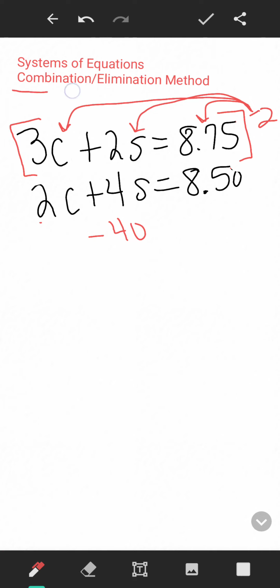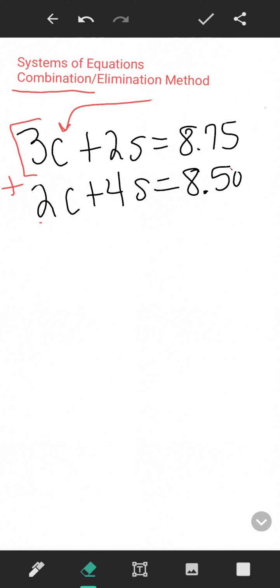And it's called the combination method because you're literally combining both of these equations into one. But if I did not multiply this by a -2 and I just added these equations together, it would just give me 6S and then I would have a 5C. The equations would just keep getting larger and larger, and I don't want that. I want to eliminate one of the variables so that I can make a zero pair and get one of the letters by themselves. So after I multiply this top equation here by -2, this becomes a